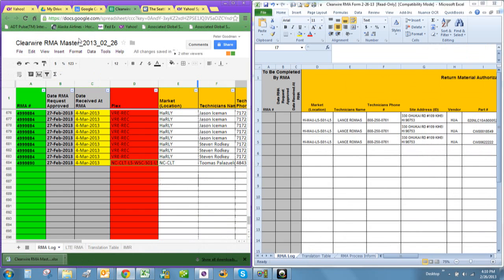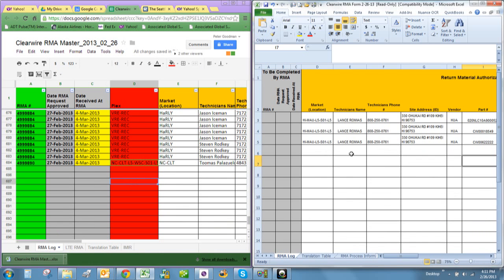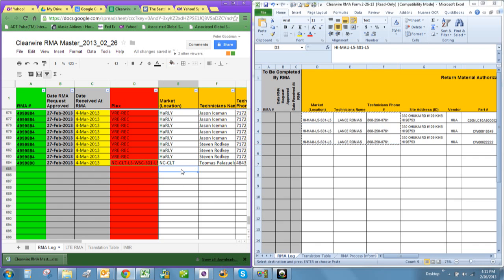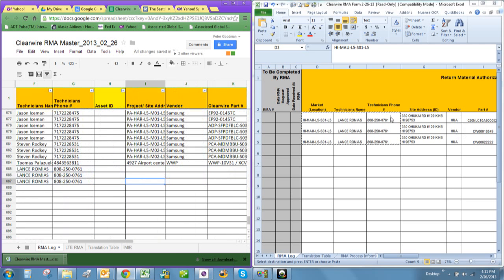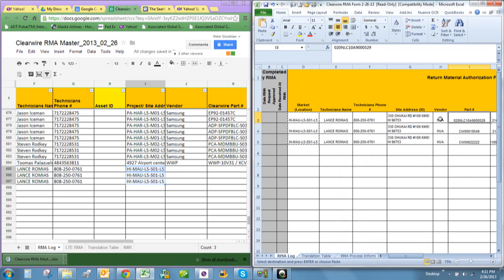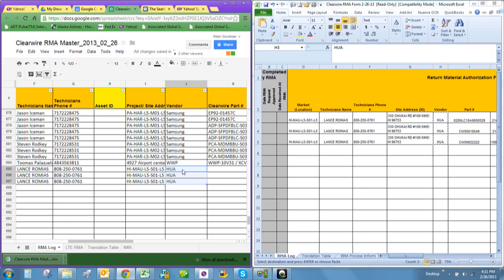So you want to be on the sheet called Clearwire RMA Master. You simply want to cut and paste. The easiest way to do it is do it bit by bit: your market, your technician's name, phone, address, pop it in there. As you scroll over, you're going to look for your project ID. Again, it's this market location, or that would be a site ID if we had one. The vendor's filled in. That vendor is Huawei. Just copy and paste what they want, and then what I like to do is go back later if you want and complete